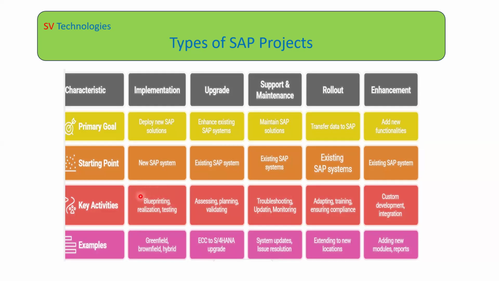Blueprinting is nothing but a document which has the required business requirement and the solution to be provided from SAP. Based on this blueprinting document, we need to start designing the SAP system. That we call a realization. In this realization, we will start doing the system design. System design is nothing but the solution we have provided as per the business requirement. For that, we need to start customizing or developing, whatever changes have to be done in the system. Those changes have to be done in this phase, realization.